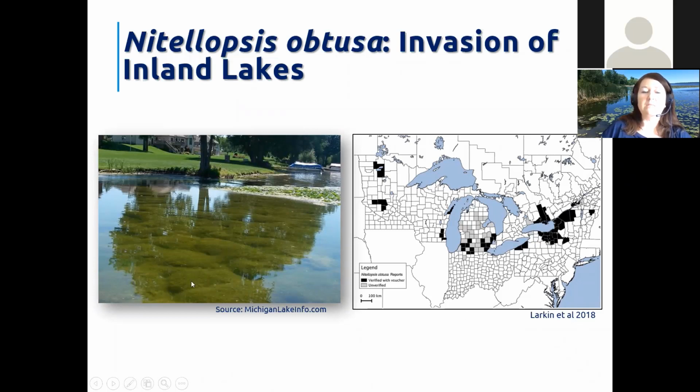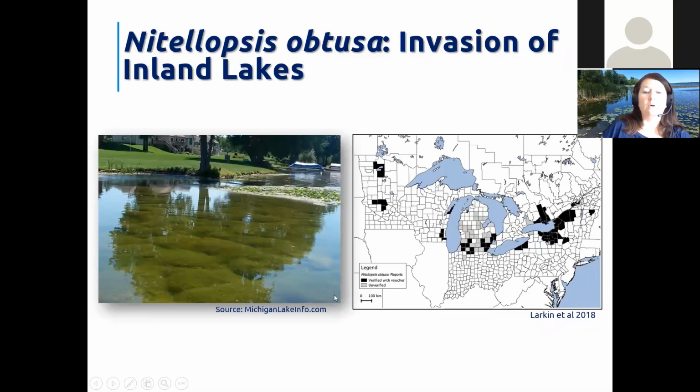Okay, so this is what it looks like. It likes clear, clean water. I wouldn't say it likes oligotrophic waters. It probably likes mesotrophic, so medium productivity lakes. But as starry stonewort grows up from the sediments, it can virtually reach the surface of a lake. And as you can see, it just completely smothers any other